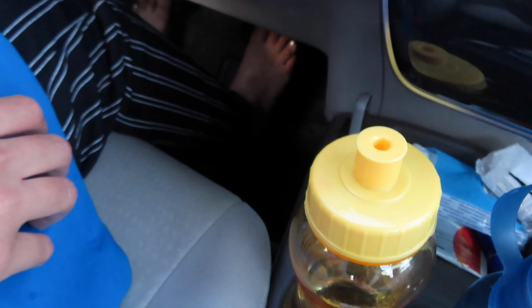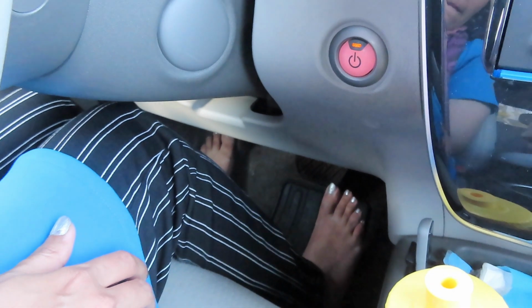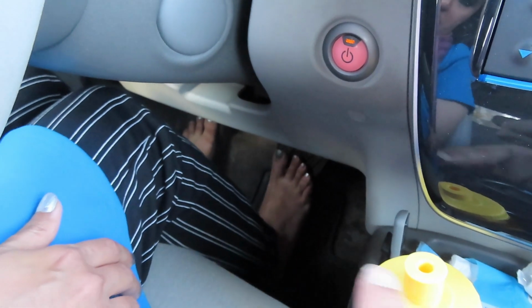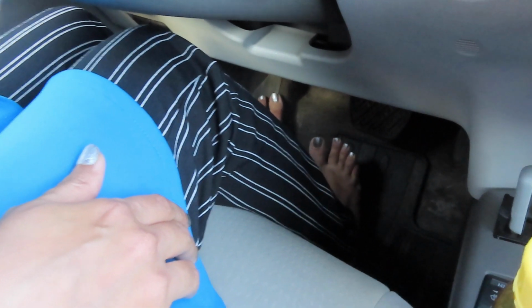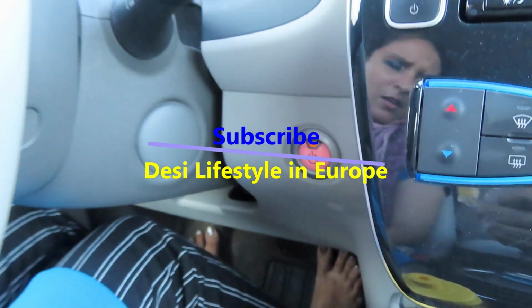I think the only difference is that your feet need to go a bit higher up when you want to switch between brake and clutch, or brake and gas. Yeah, brake and gas. But otherwise it's the same, right? No, not a big difference. No. So you're doing it quite good. So that's something new you have